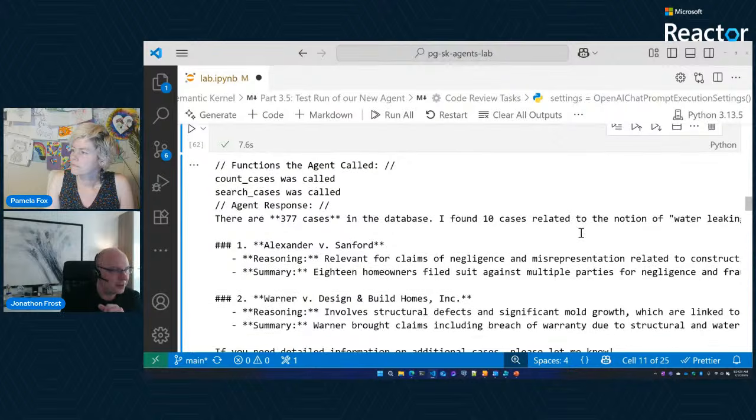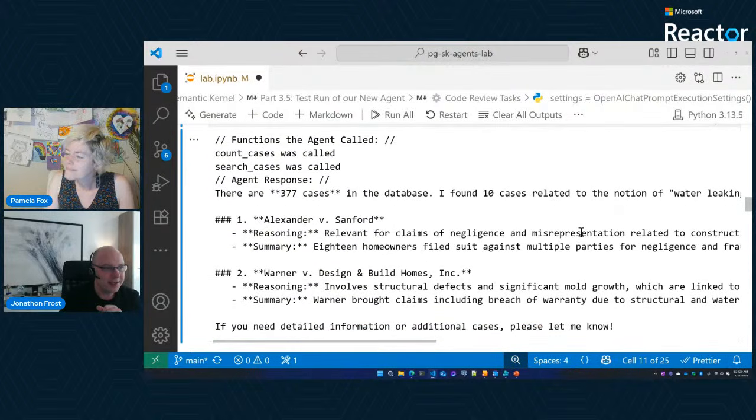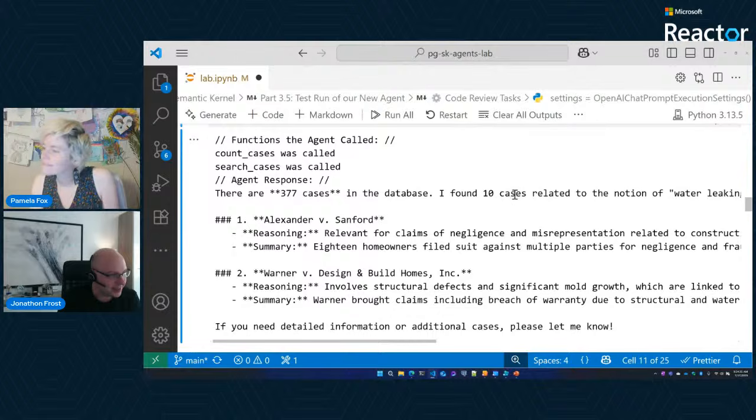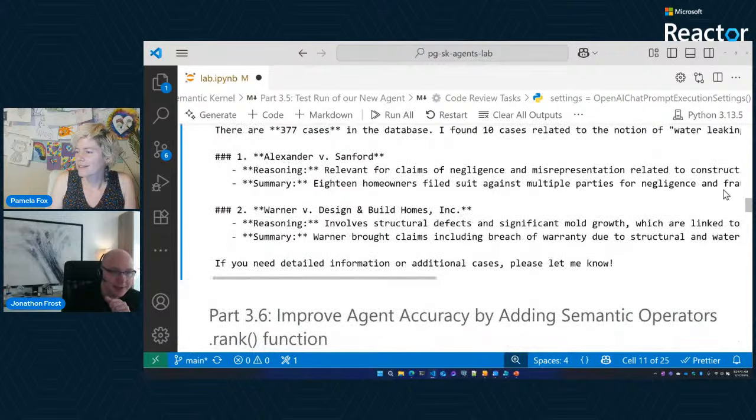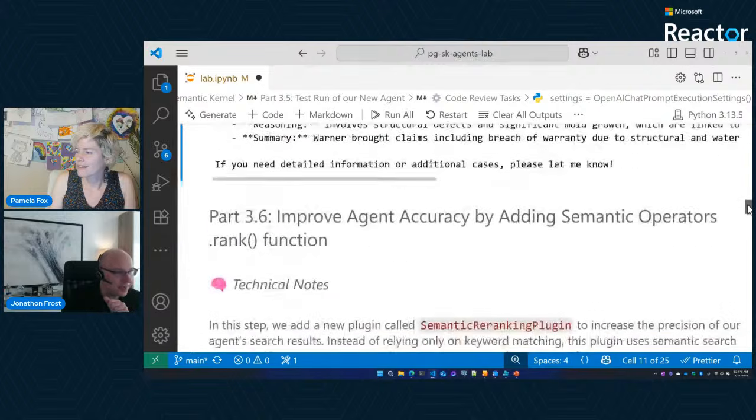Well, this is a bit of a hallucination, actually. It's kind of interesting because it wanted to find 10 cases, but it only found 2 because of the fact that we're using the I-like. So this is an example of where we can do better than this. And this is where by using vector search and some more advanced vector search techniques, we can absolutely get more than 2 cases and get 10 cases. So let's move on to those concepts.